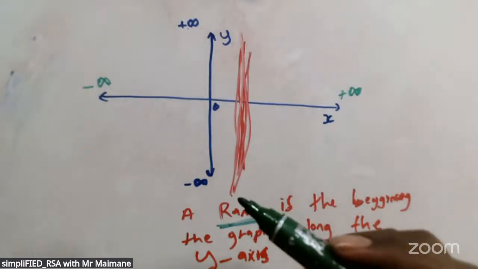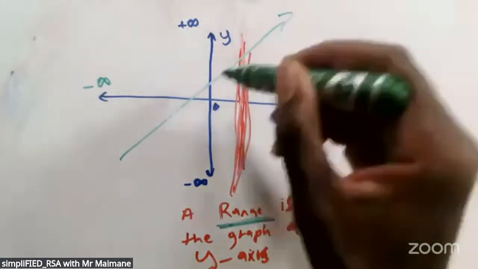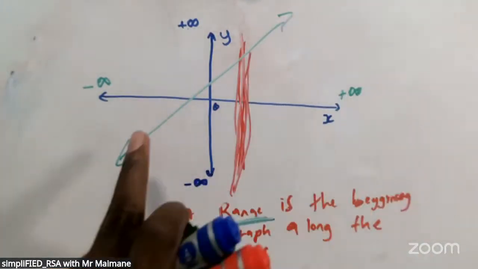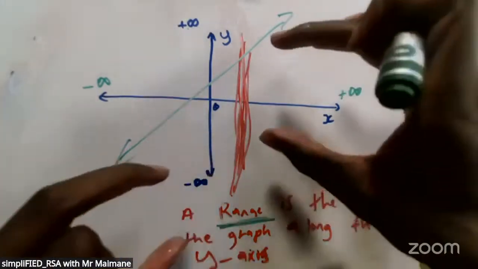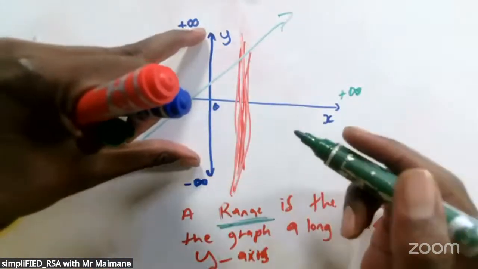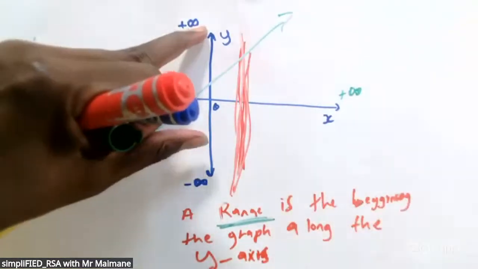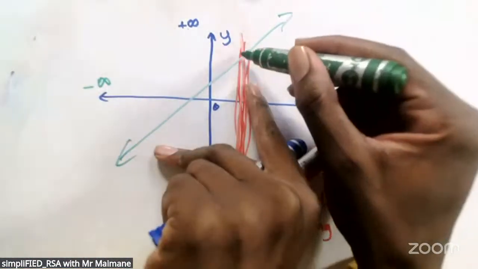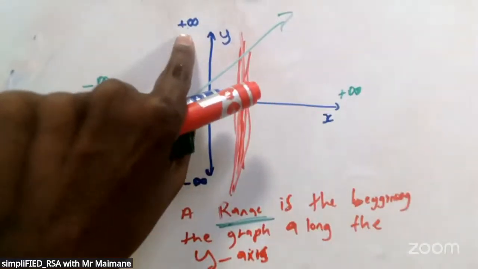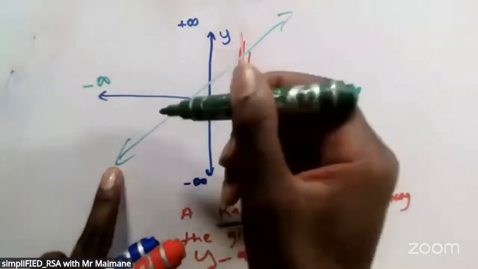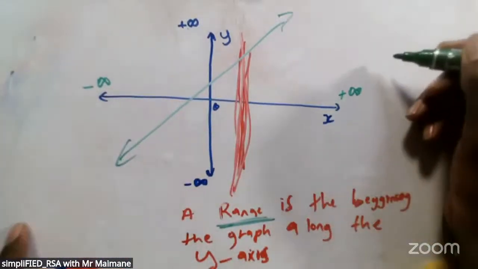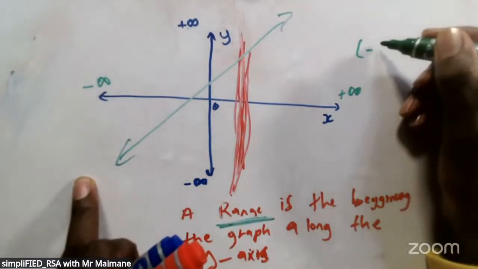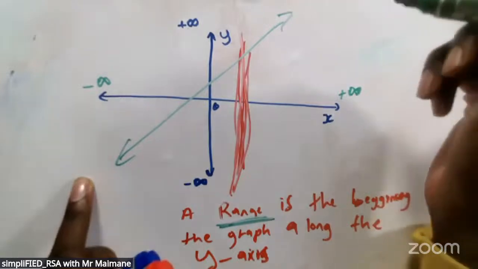If I was to give you a graph of a straight line, J, and ask where does it start and where does it end, you just look at the graph. If this graph continues going up, it keeps on going up, meaning it goes to positive infinity. And where it's coming from down, it's coming from negative infinity. So the range of this straight line would be, this is how we write it, we say